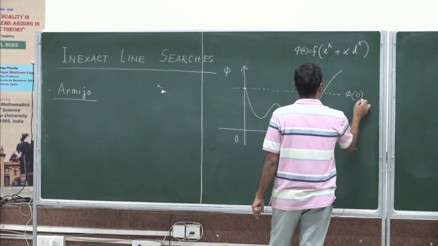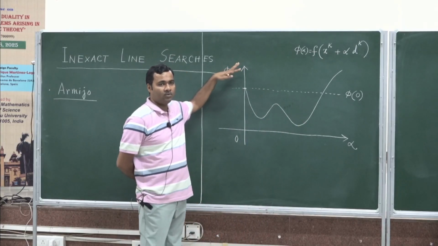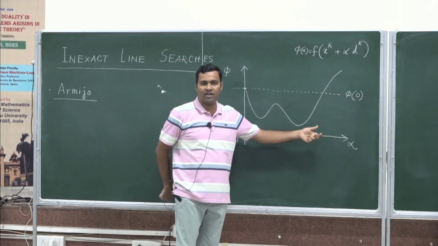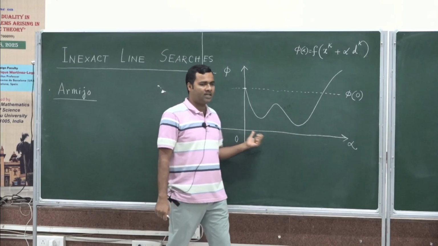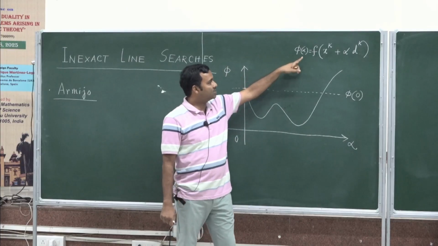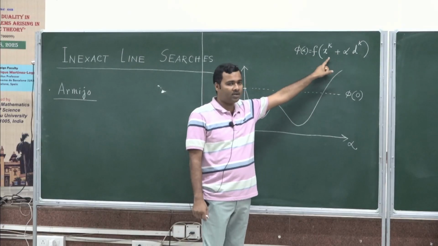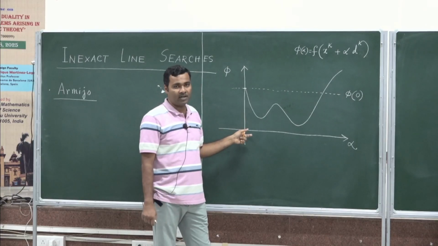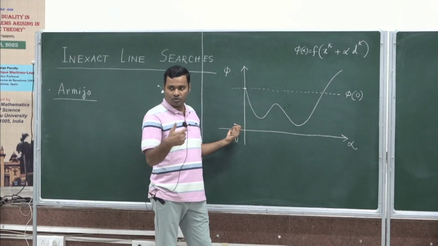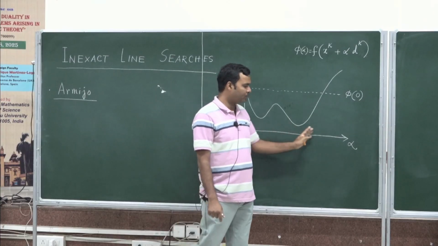phi(0) or f(xk). What we want is a sufficient decrease of the function value in the next iterate. The next iterate will lie on this particular line because we are moving along the direction dk, and here is a reflection of dk. This is the direction dk. Along dk, the function f which we are minimizing is reduced to a function of one variable that we have drawn, but the next iterate will lie along this line dk, and therefore on this x-axis the next iterate also will lie. Here the iterate xk is over here, and then xk plus 1 will be somewhere, we do not know where,